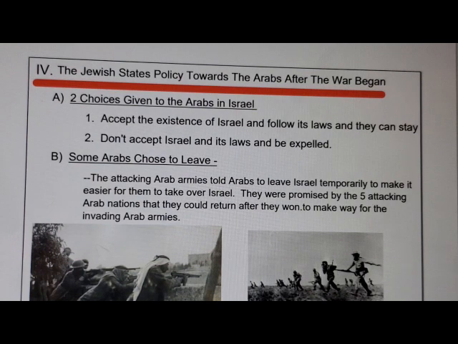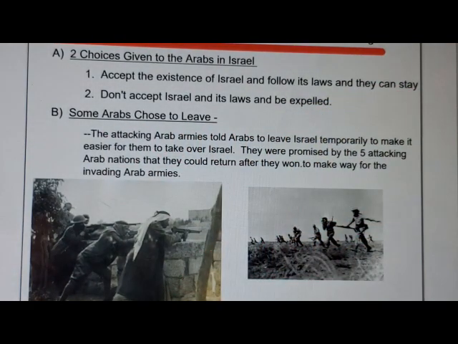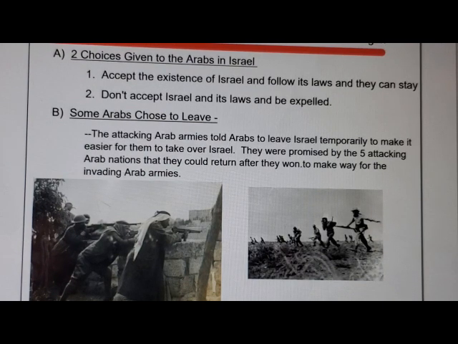Number 1, accept the existence of Israel and follow its laws, and they can stay. 2, if you don't accept Israel and its laws, you will be expelled. You will be forced to leave Israel. Now, B, some Arabs chose to leave Israel, and the reason is the attacking Arab armies told Arabs to leave